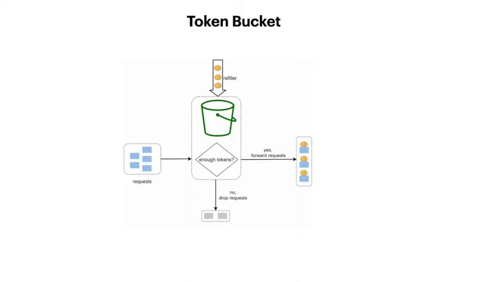If tokens are not enough, meaning the bucket is empty, that means your tokens have finished, or all of your bucket tokens have been allocated, so there is no empty token. That means your request will be dropped and it will be sent to your client as a 429, which means the request has been throttled. Let's see one example for this, and it will give a clear idea about the token bucket.